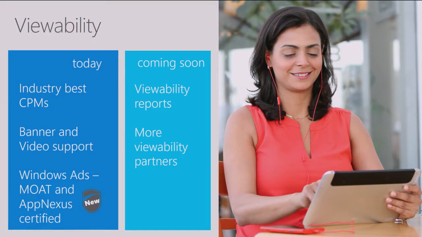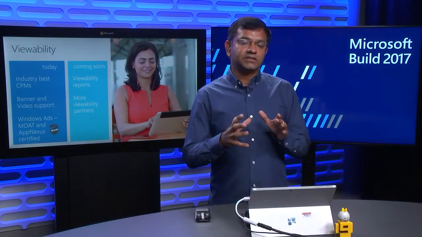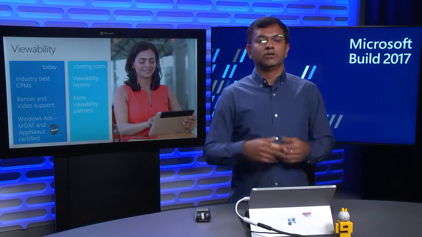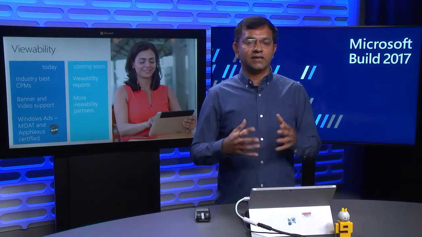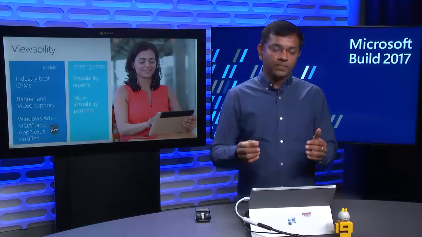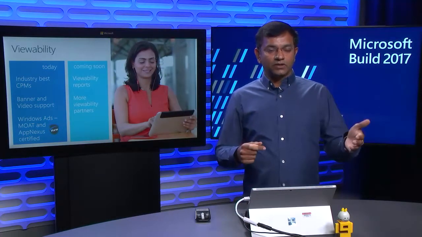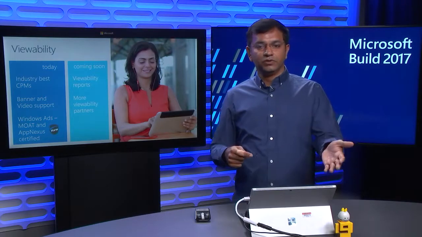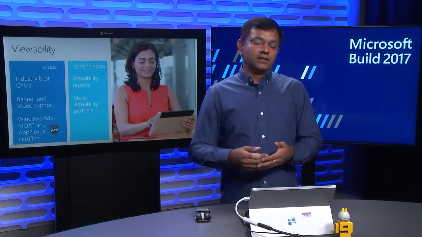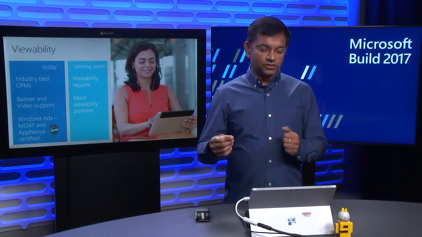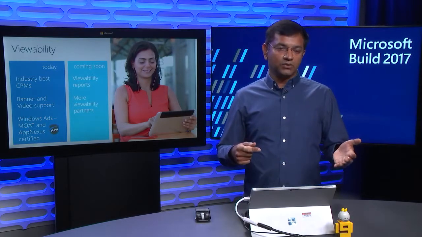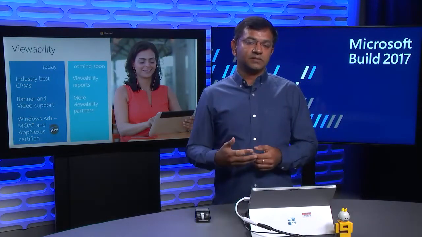Another big change that we've invested in is to make your app inventory more sellable, or more attractive for advertisers. Display advertisers are heavily going towards the industry standards that measure viewability of that ad. Many advertisers have gone to a point where they say they will only pay for an ad if it's viewable. What this means to you as a publisher is, if your ad is viewable and somebody can see the ad, there are people who would pay a lot more money for it. So by giving viewability standards out, we're making sure that we get the industry best CPMs coming through